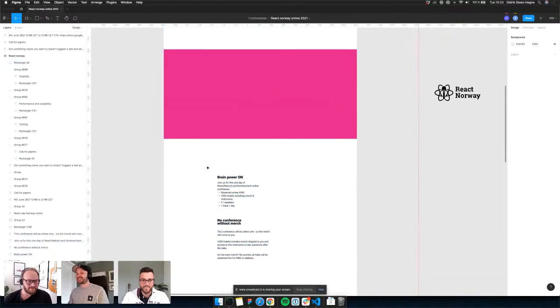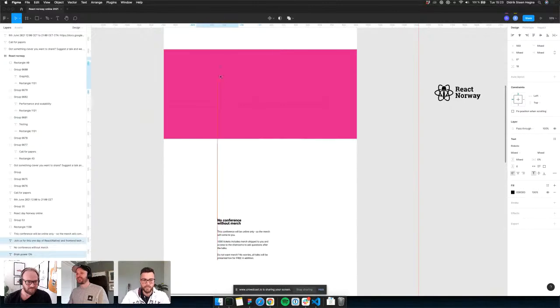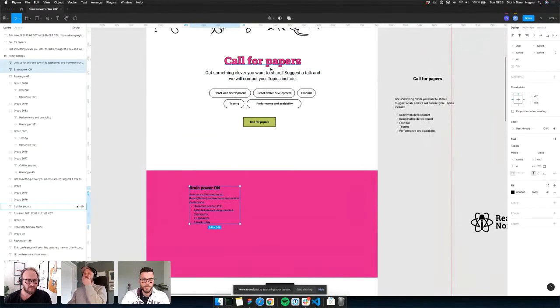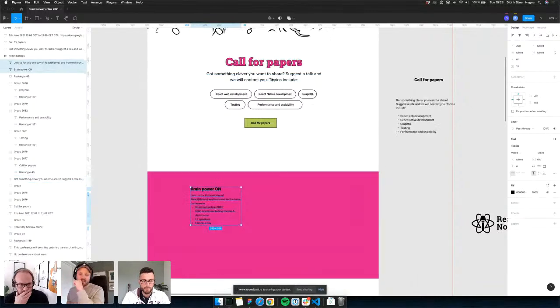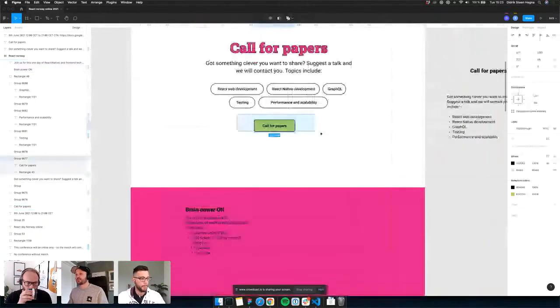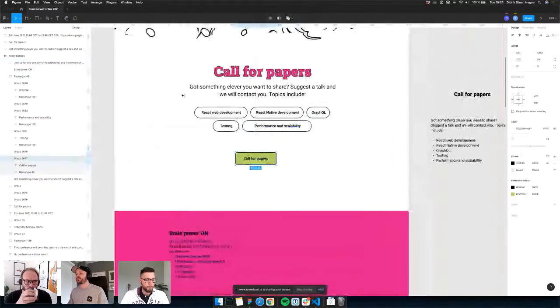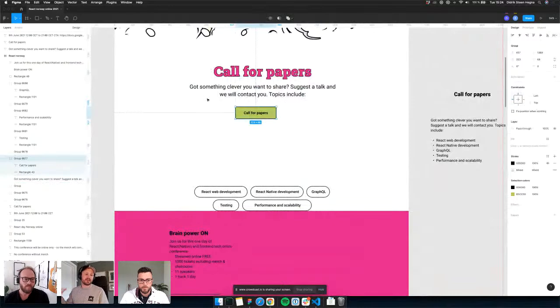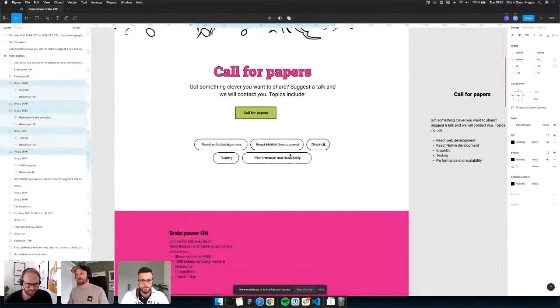Let's add another section here. And of course, like I said, I'm planning ahead now, sort of. Now we have call for papers, but I do know that call for papers is going to disappear at some point, because this is just initially. So this will probably get replaced by schedules and speakers, etc. But like you guys have said,